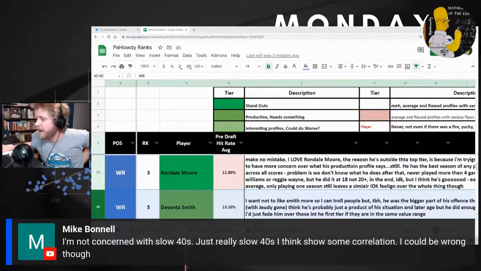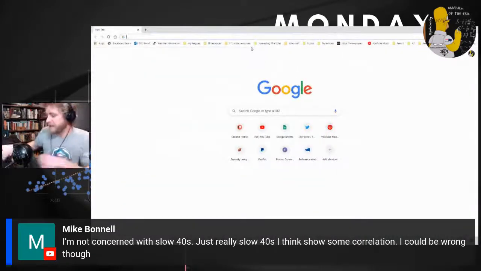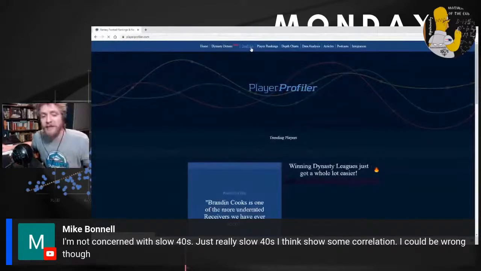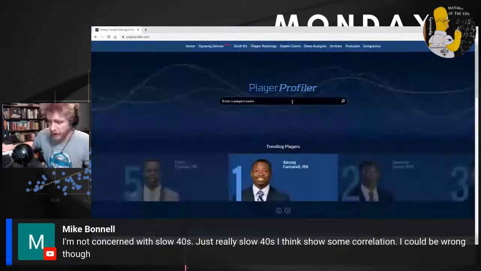I think I get what you mean. I didn't think Tyler Johnson had a particularly slow 40, actually. That's not what I remember his time being. But again, you got to make bets. Most players are going to fail. If you want the highest hit rate possible, just say every rookie's going to fail, and you pretty much have a higher hit rate than everyone in the world.